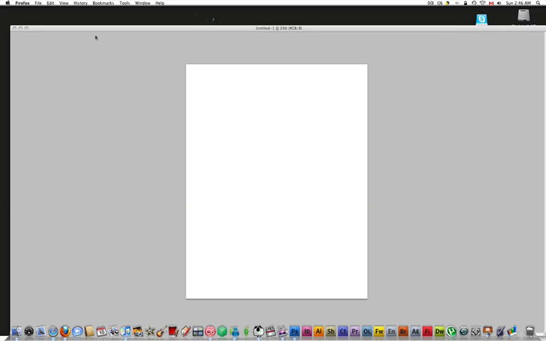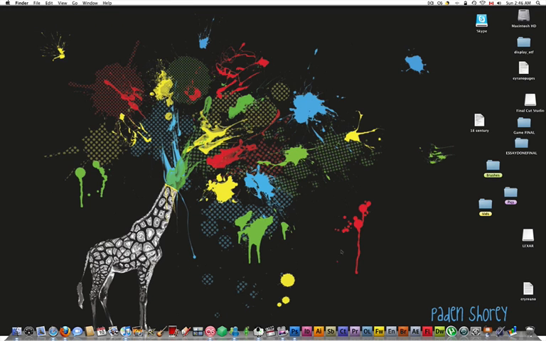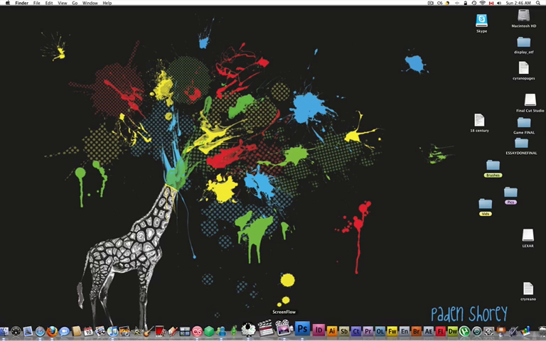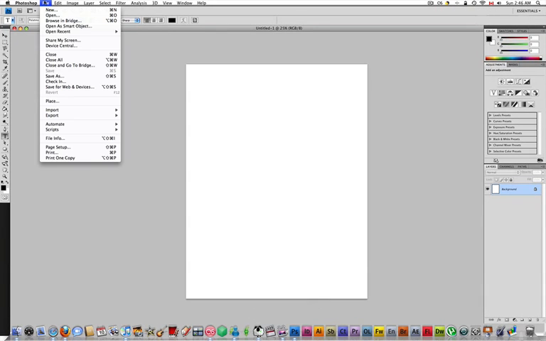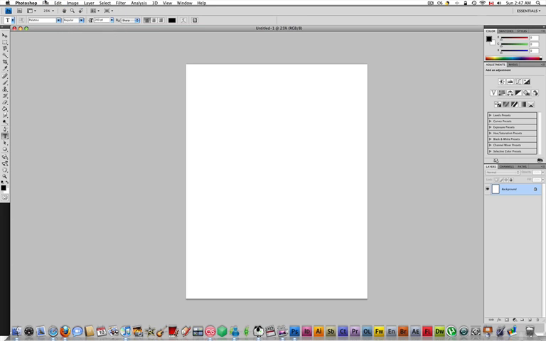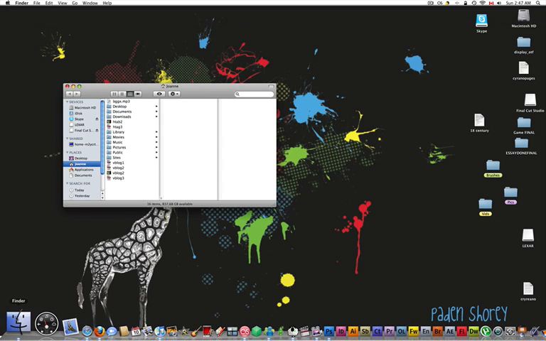And then from here, this is where people usually get confused on how to load it into Photoshop. You don't actually load them into Photoshop. There's no way of actually loading fonts, as far as I know, from Photoshop directly. So hide Photoshop, unless you don't even have it opened. Open your Finder